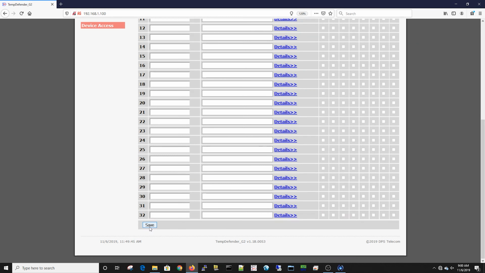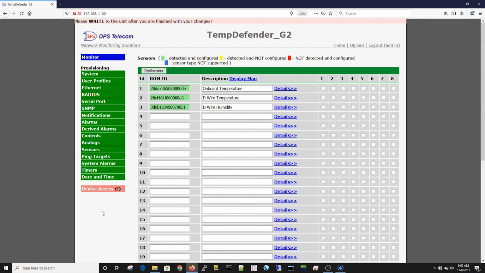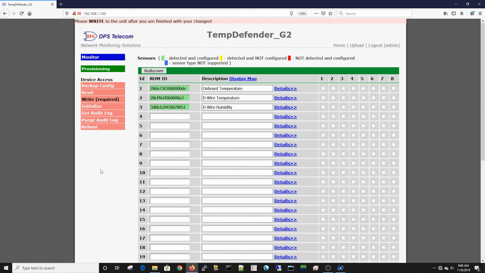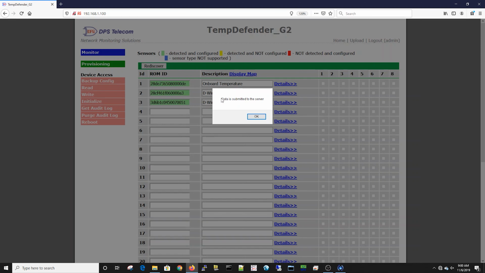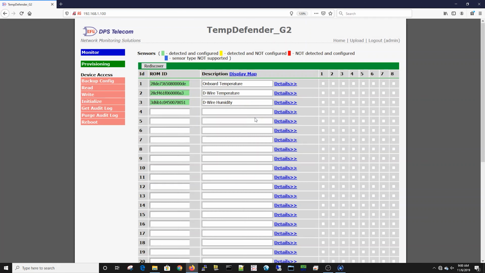So once I'm done, I'll go down and click Save, and you'll see values saved locally. We're going to go ahead and go to Device Access and click Write. And just wait a moment and it'll say data is submitted to server if everything is okay. So now that we have our two sensors set up, we'll go ahead and hop back into monitor mode and